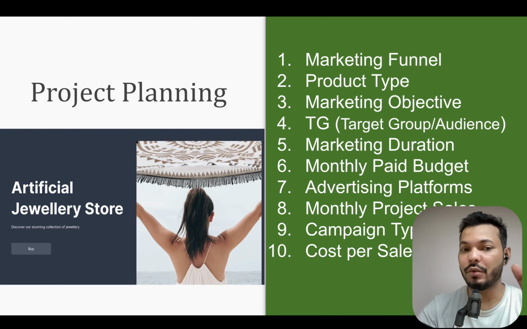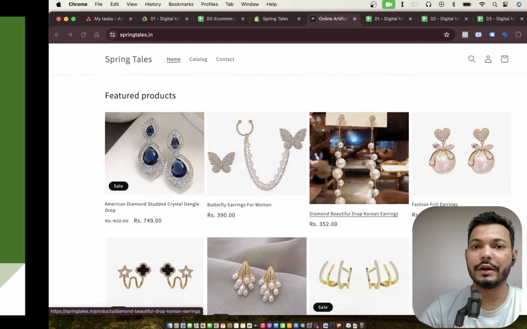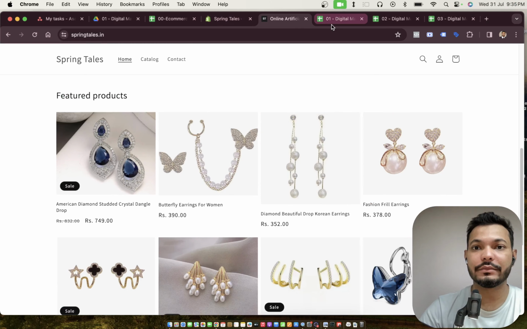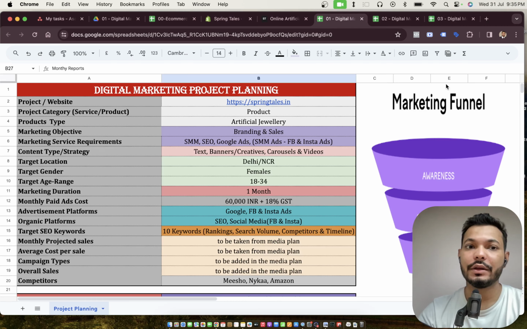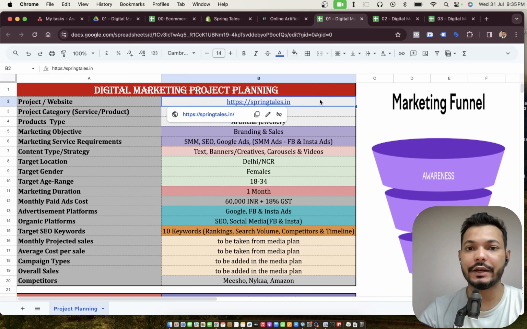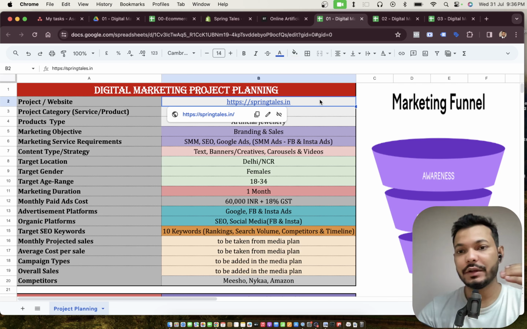So this video is all about how do we make a marketing plan. So here we have the digital marketing project planning sheet, and this sheet starts with having the website link. Now, before we get into the website link, it's really important to understand what exactly is the marketing objective. So marketing objective is divided into three different phases, which you can understand through this marketing funnel, which is awareness,